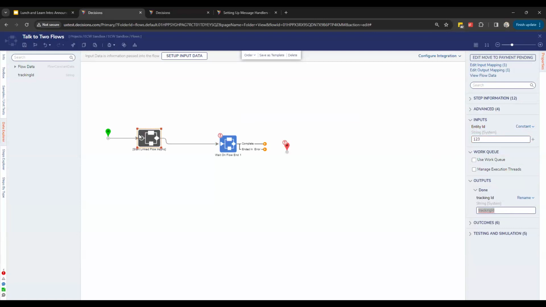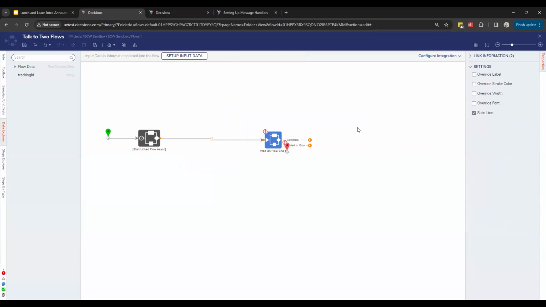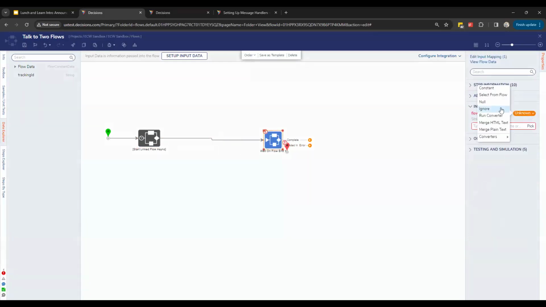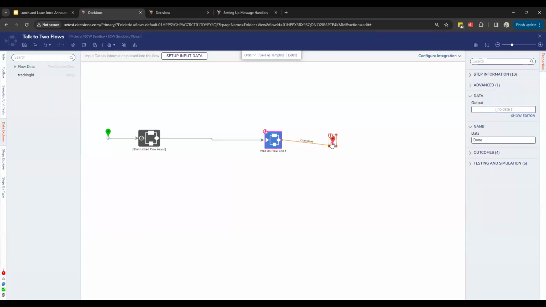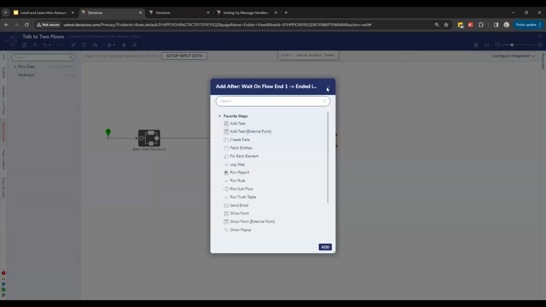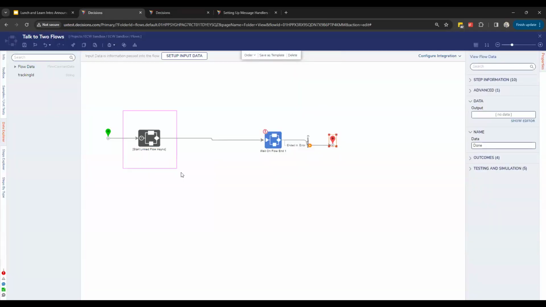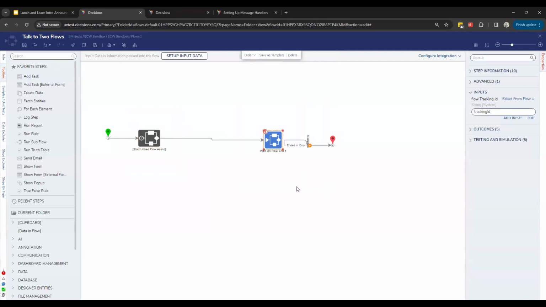So when I call another workflow, it's giving me back that flow tracking ID, and then I can process and do whatever I want in the middle and say, but when I get to this step, I need you to wait for this other flow to be done before you move forward. And if that other flow ends in an error, I can handle that a different way if I needed to. So running things asynchronously or getting that tracking ID and then this wait on flow end step, that'd be how you do it.